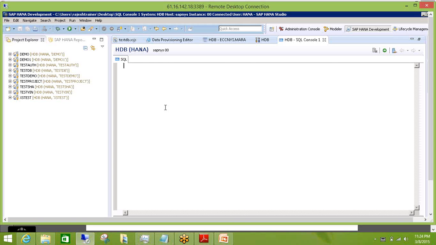So when we were talking about what areas we have, based on your roles and experience, you can align your skill set around them. One is the modeling area. If you are very comfortable with a strong BI background, focus on the modeling side. Second is end-to-end reporting, involving all the data modeling, data provisioning, your BI client tool, connecting the BI client tool to HANA and consuming the modeling objects.